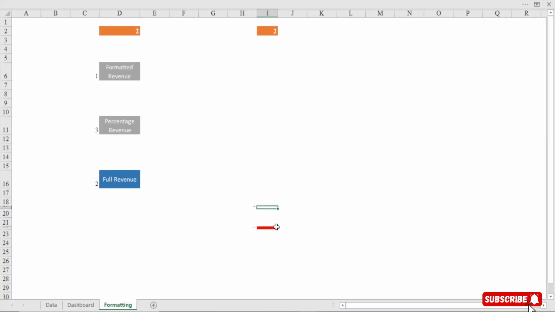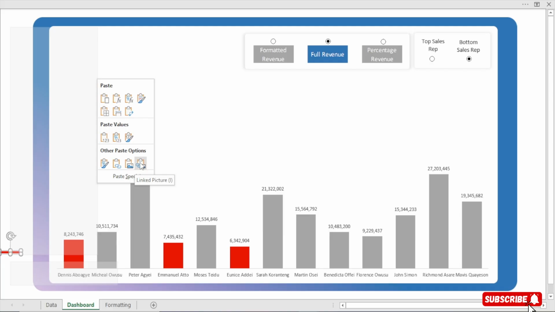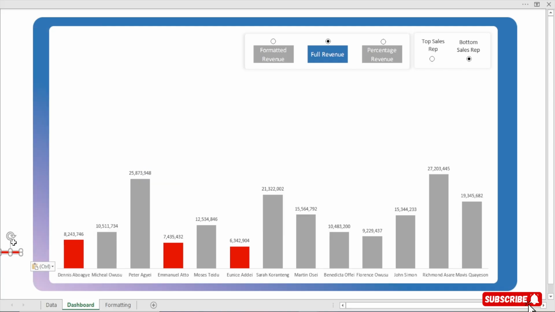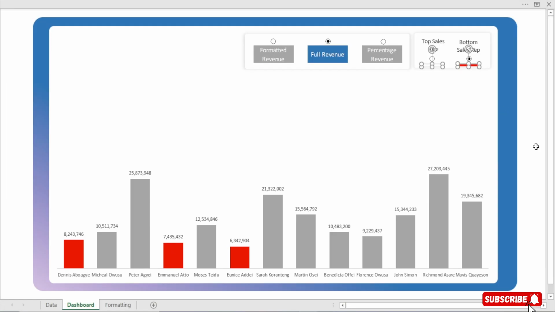Now let's go and copy this red. Select the red, copy, come to dashboard, select any cell, not a sheet, a cell, hover on paste special, and then paste link picture as this. So copy this or send this one here. So if you want them to be on the same line, come to shape or picture format, align them to the bottom. You see that? Perfect. Yes, so this is what we have. So when you toggle, you see it. When you toggle, you see it. So this looks more professional, right?